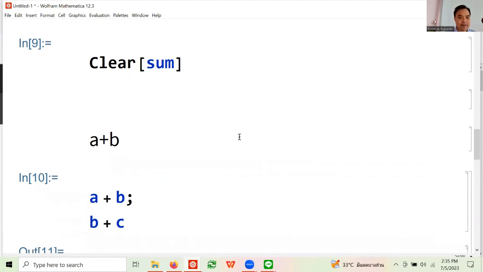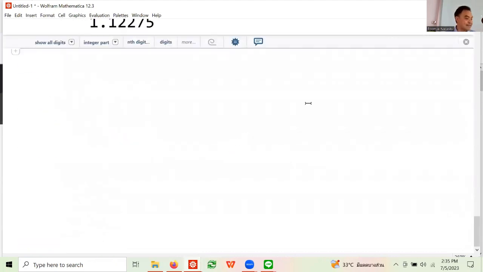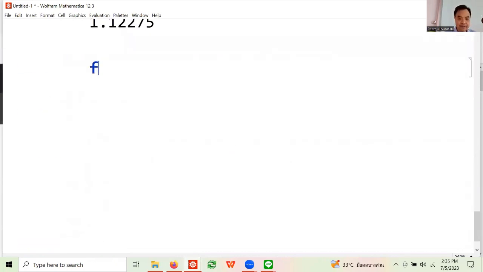Let me go to this empty space. So if I say something like f1 of x, right? And let's say, I'm just going to write and ask you, what do you think this means?